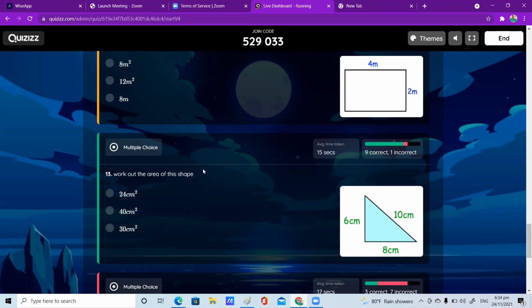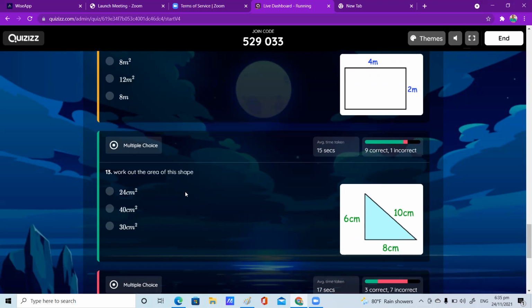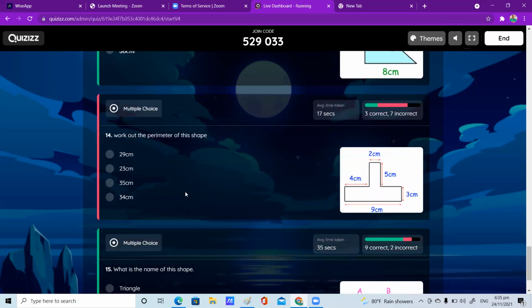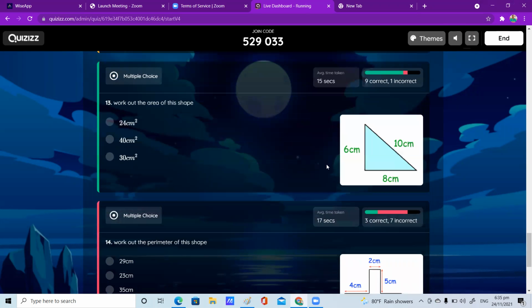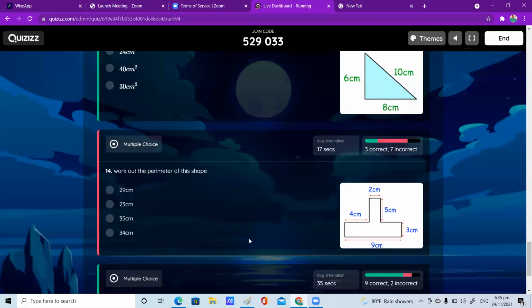How are you getting 24 centimeters? You understand, children? Yes, ma'am. Half base into height. Why I'm using half base into height is because I'm looking at the Pythagorean triplets. The sides 6, 8, 10 are Pythagorean triplets, children. Ma'am, that is what we were talking about in this question. Hypotenuse square equals the sum of squares of the other 2 legs. 6 square plus 8 square gives 36 plus 64, so 10 is the hypotenuse.